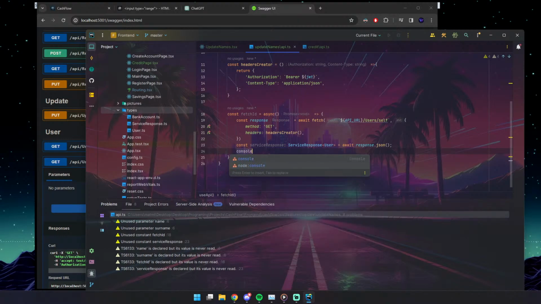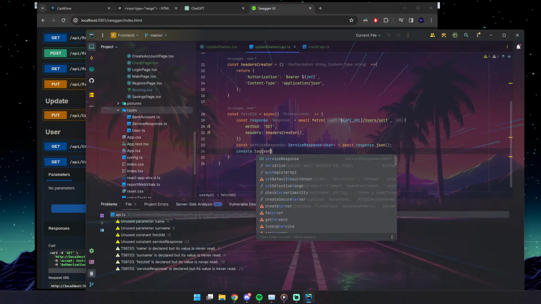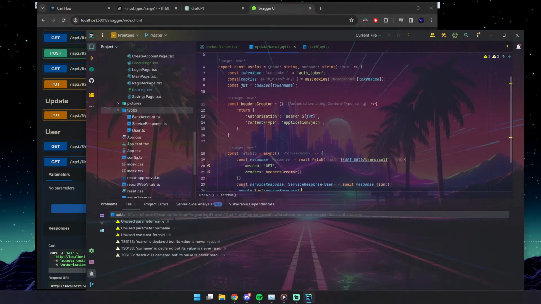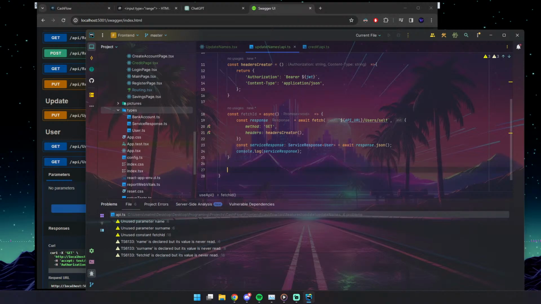Now just console.log service response to see if it works and if we are getting our user back. So it's inside fetch ID. So we would like to return